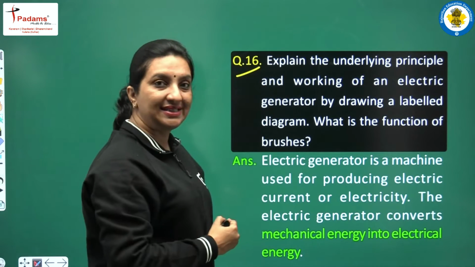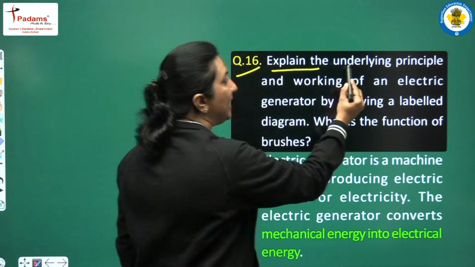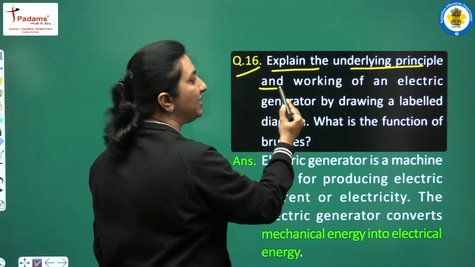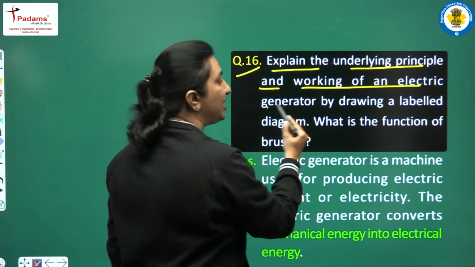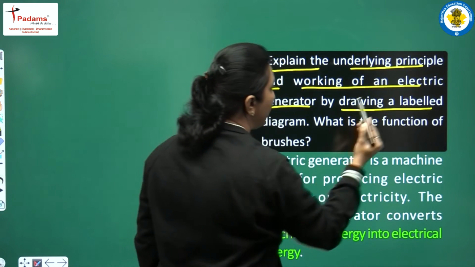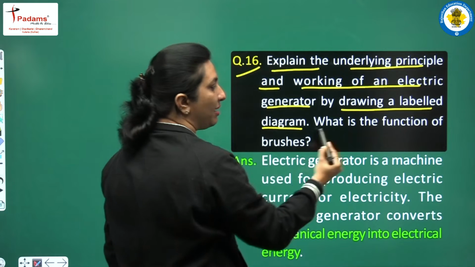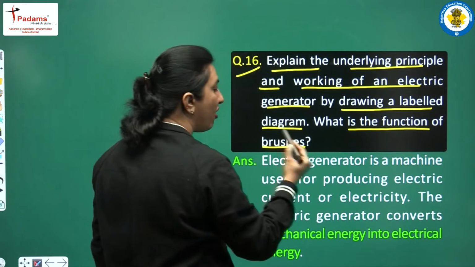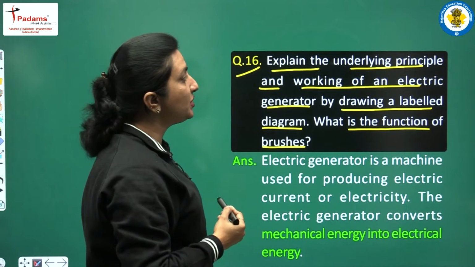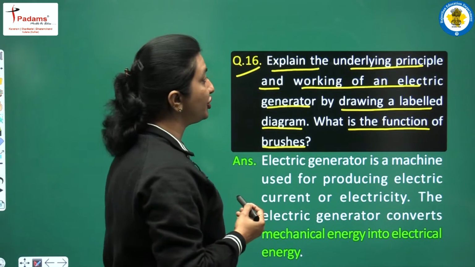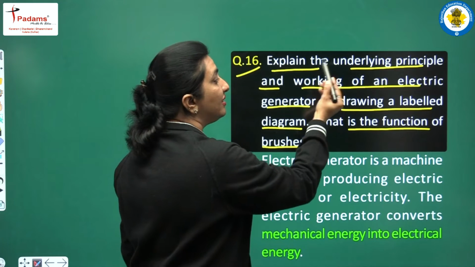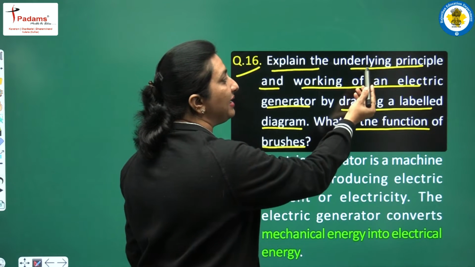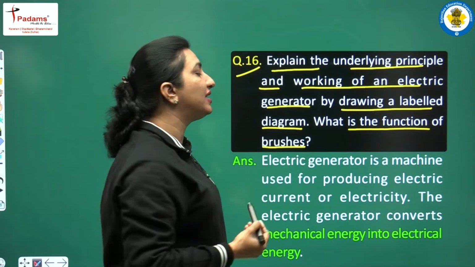Question number 16. Explain the underlying principle and working of an electric generator by drawing a labeled diagram. What is the function of brushes? Now, students, in this question they have asked us to state and explain the underlying principle and working of an